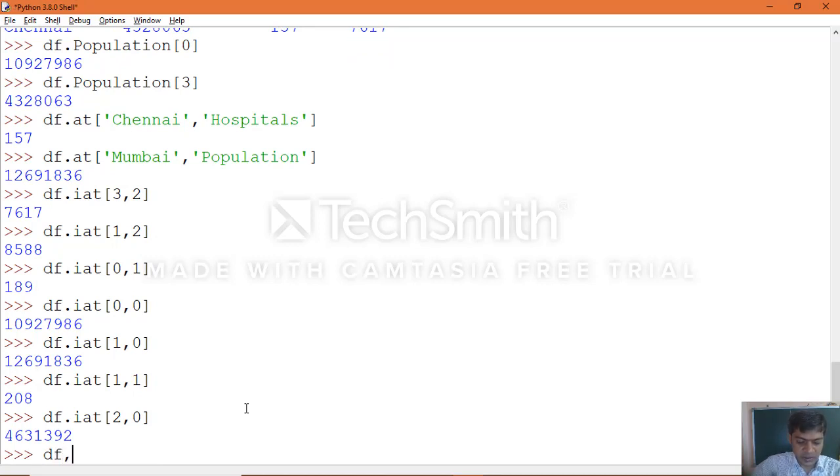In the same way, df.iat[3, 0] will give the Chennai population.